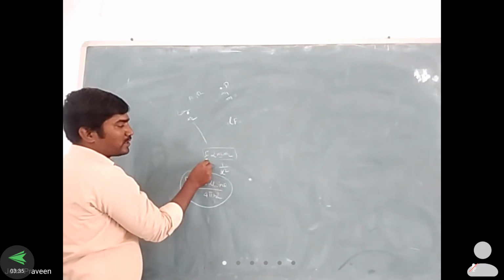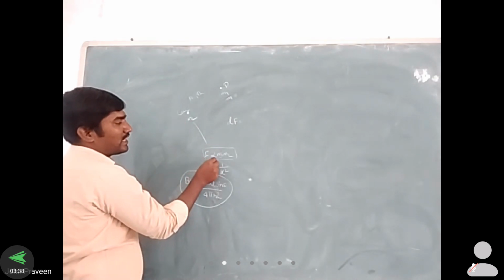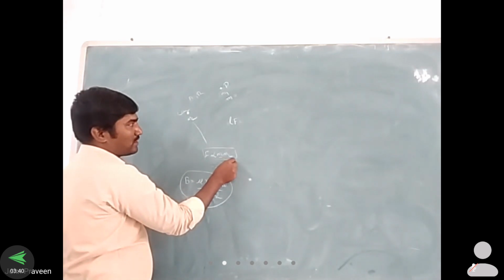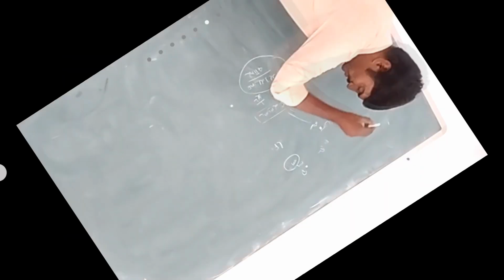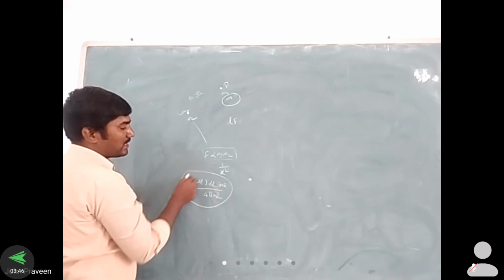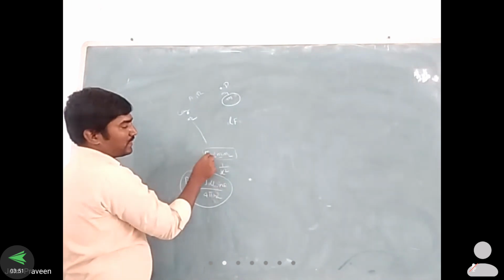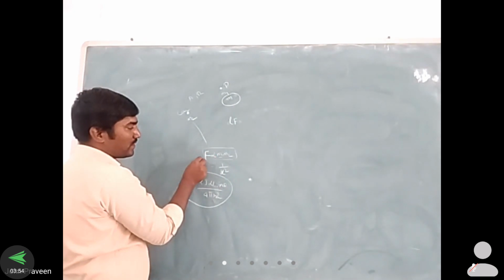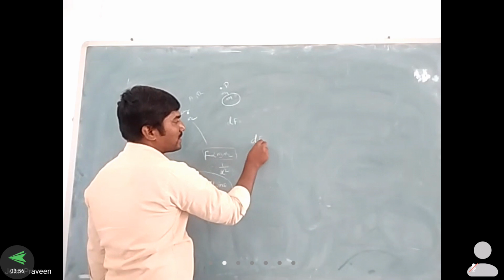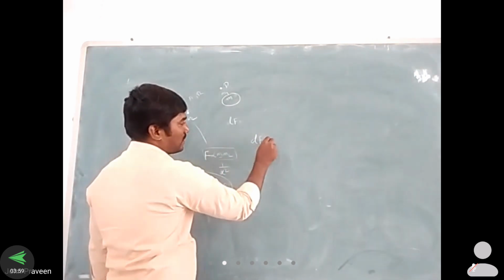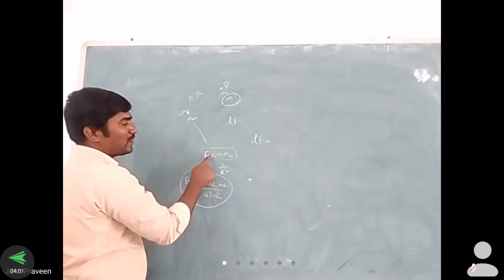According to Coulomb's law, what is the force formula? F is directly proportional to the product of the two pole strengths. Here M is the pole strength, and in the case of M2 it is the actual pole strength. This is for the entire portion, but for a small portion it is generated by a small dF. We remove the proportional constant. So what equation can we obtain? We already know that M1 M2 by 4 pi d² we get.